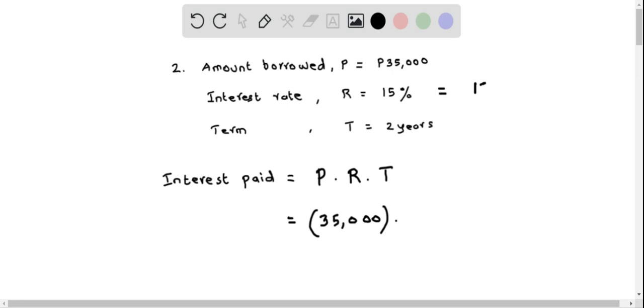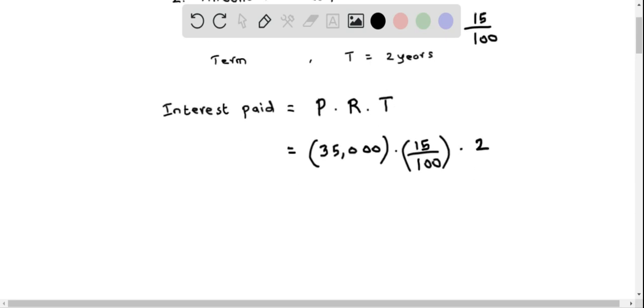That is, we can write down this as 15 over 100. So we write the rate of interest equals 15 over 100. This multiplied with the term equals 2 years. So we put 2 here. Now we do the calculation of this one. That is, we multiply 35,000 times 15 times 2, and this gives